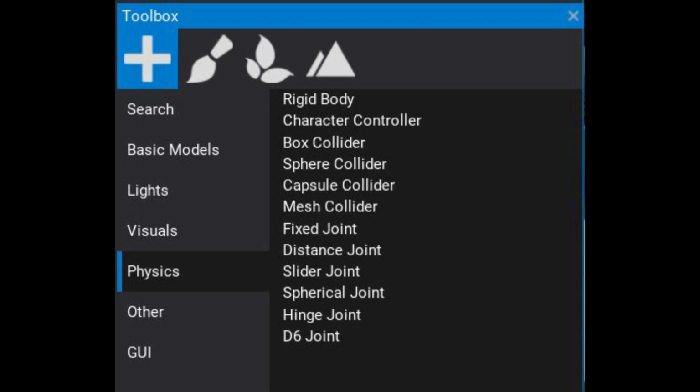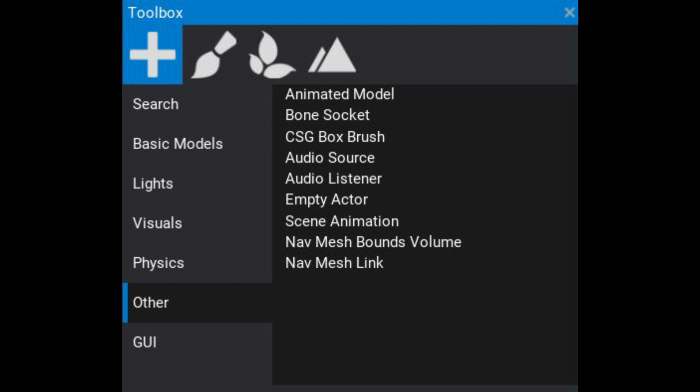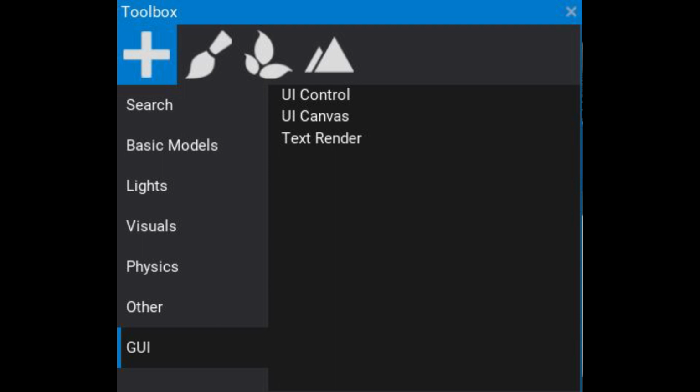Physics. That adds the rigid bodies, character controllers, all the types of colliders, and several options of joints. Others. That can add miscellaneous elements like animations, bones, CSG primitives, audio sources, and listeners, etc. User interface. That adds different elements for the creation of user interfaces. The other options in the toolbox menu will be addressed in other videos if we see a good reception toward